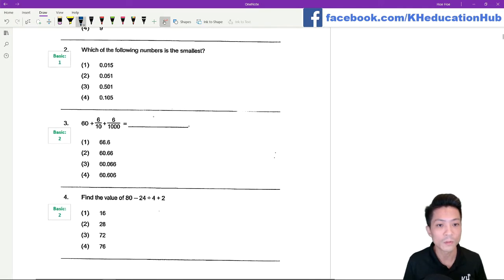Question 2. Which of the following numbers is the smallest? So we can compare the numbers row by row. So we're going to compare the first column, which is all 0. So look at the second column, which is all 0 and 5. So this is definitely out because they're looking for the smallest number, right? So now we go on to compare the third column, 1, 5 and 0. So the 5 is out and the 1 is also out, which means that the smallest